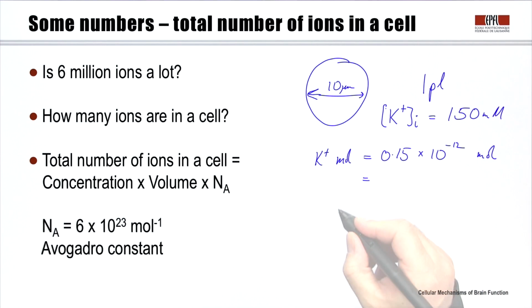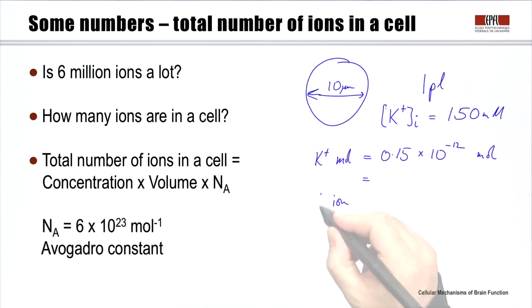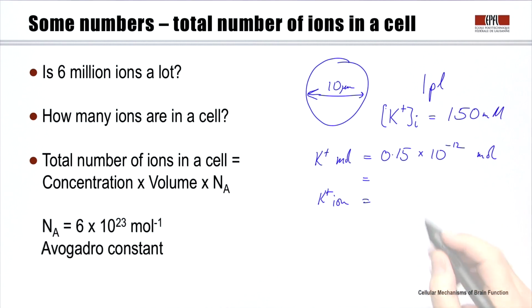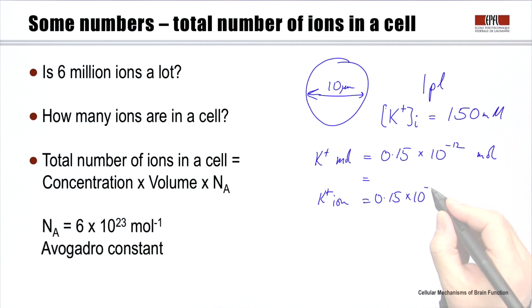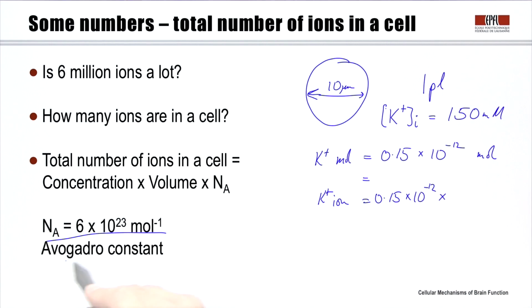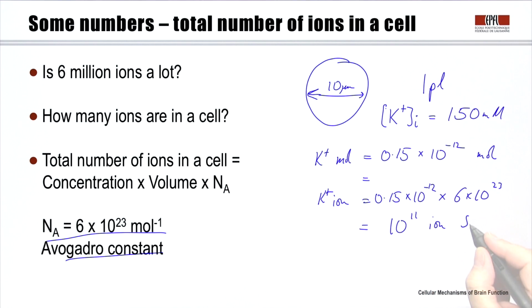And so the total number of ions is equal to 0.15 times 10 to the minus 12, times Avogadro's number, 6 times 10 to the power 23. And that gives us a final number of 10 to the power of 11 ions of potassium